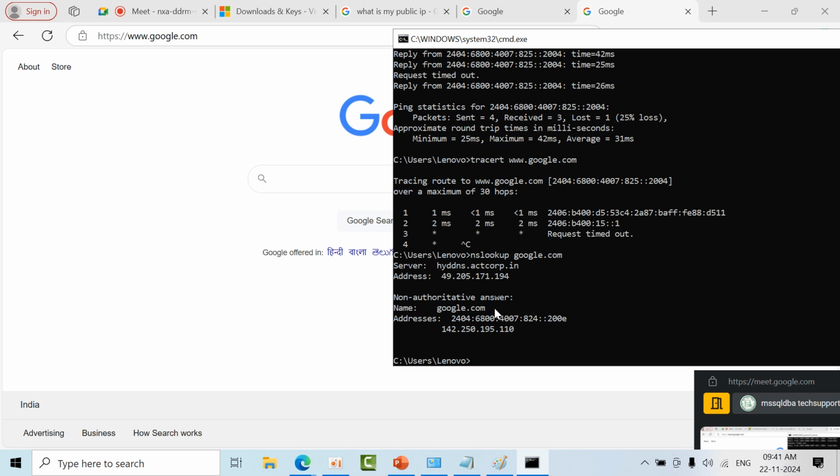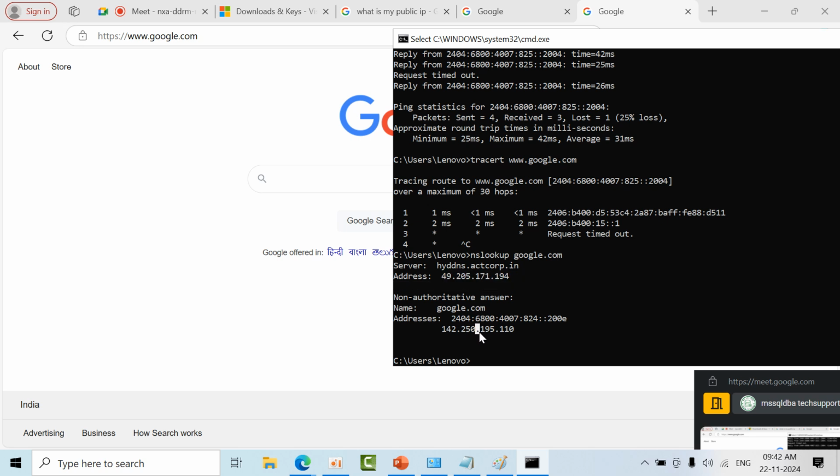Now you need to show proof to the people. Here we are getting the response: this DNS name was looked up and mapped to google.com.